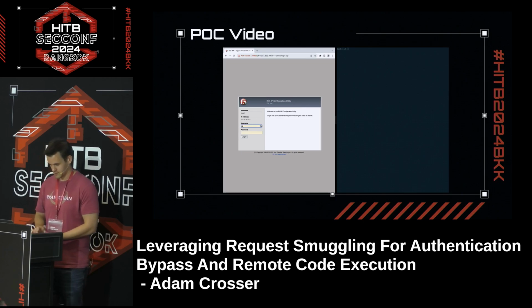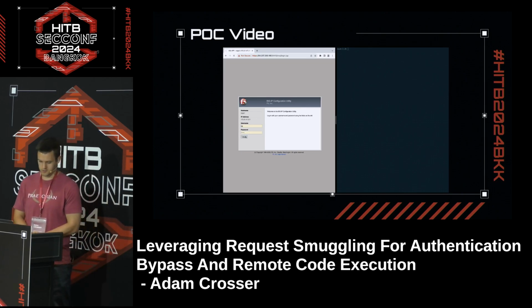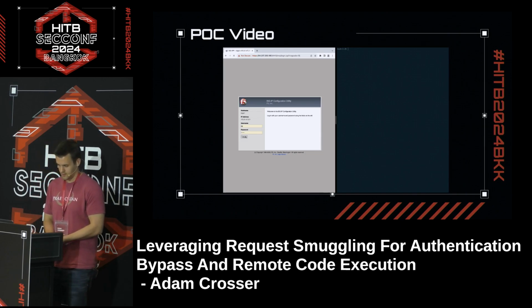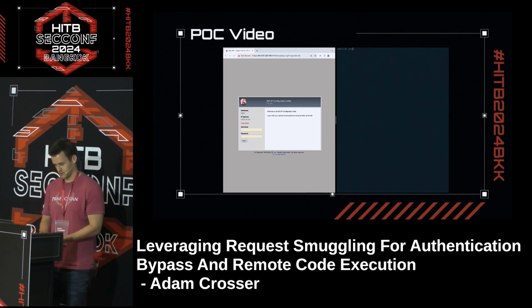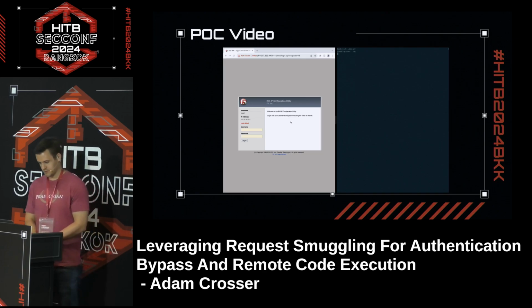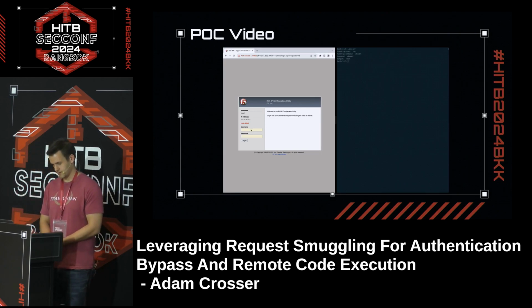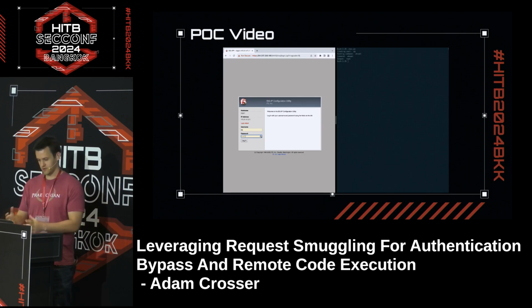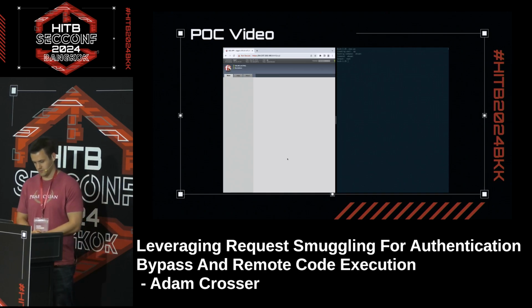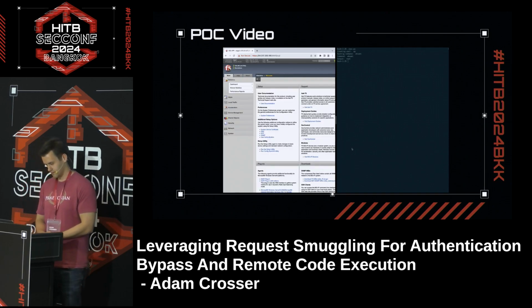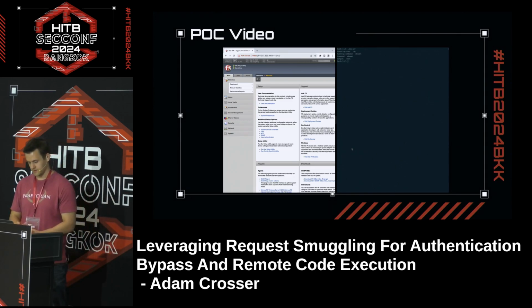And then we do have a proof of concept video here where we first start trying to log into the management console. And of course, the user doesn't exist because we haven't run the exploit yet. We perform the AJP request smuggling to add a new administrative user. And once we get the administrative user, we log in to the system, and then we hit an endpoint within F5 that lets you run arbitrary commands. And then we also just log into the management console. In this case, though,